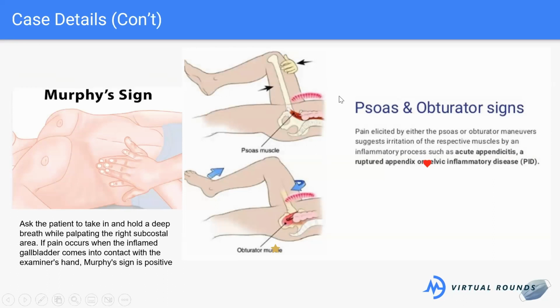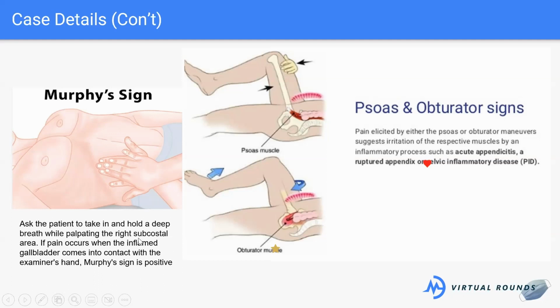But still, for somebody coming in with abdominal pain, it's important to do these exams if you have a high suspicion for something like appendicitis. Starting with Murphy's sign, you ask the patient to take a deep breath in while you're palpating their right upper quadrant. If pain occurs when the inflamed gallbladder touches your hand, then Murphy's sign would be positive